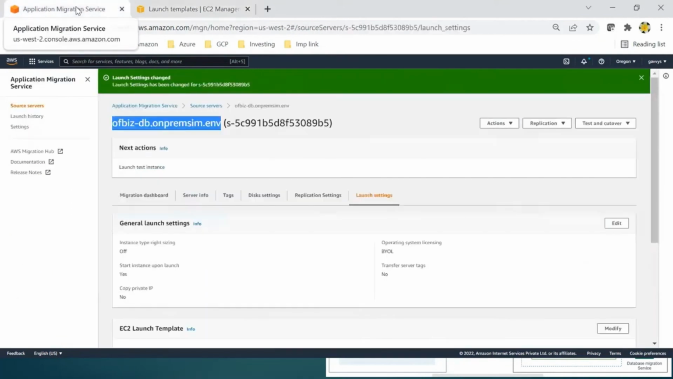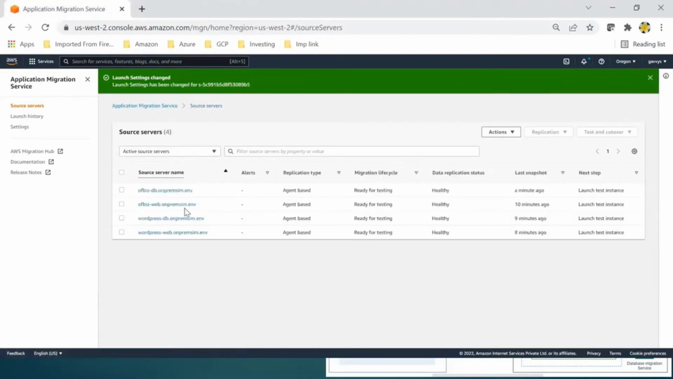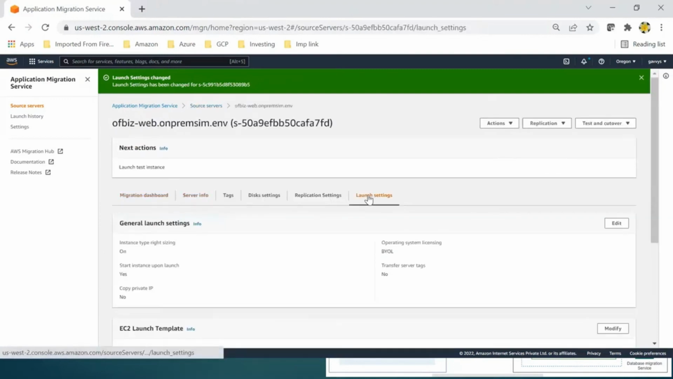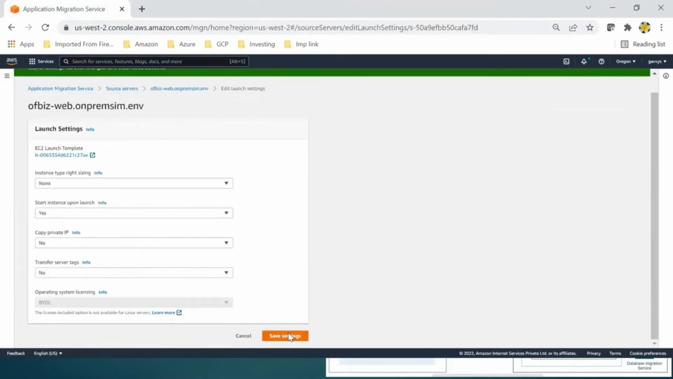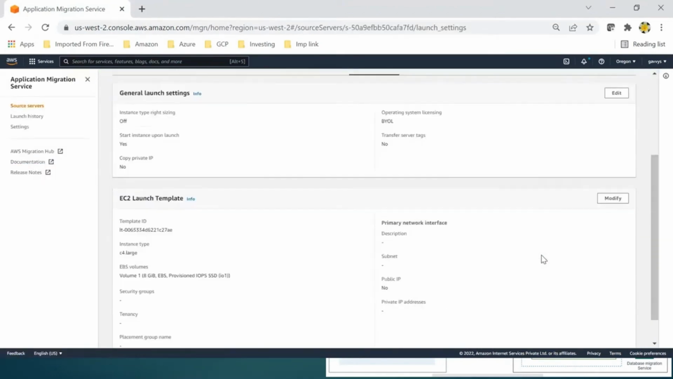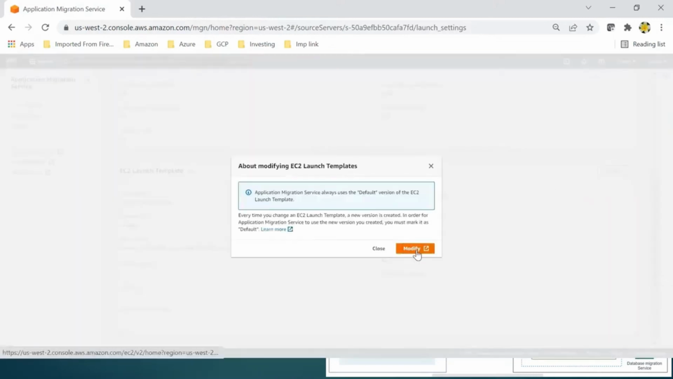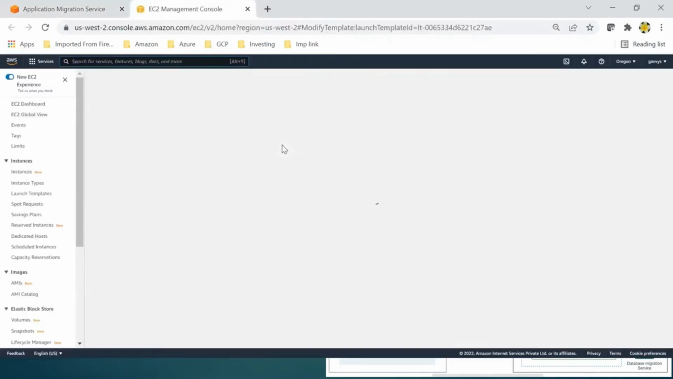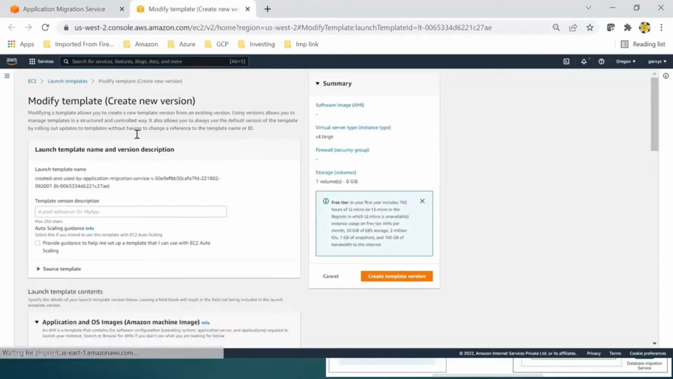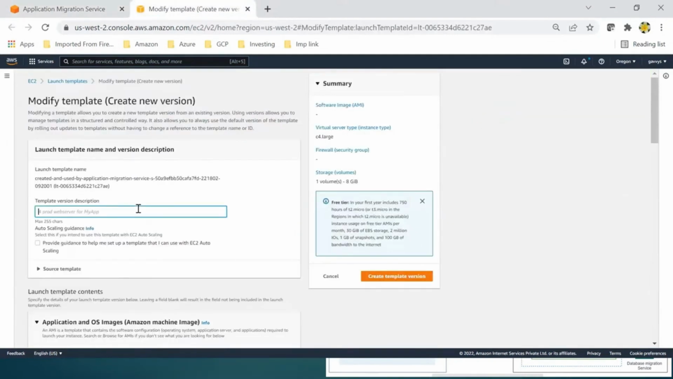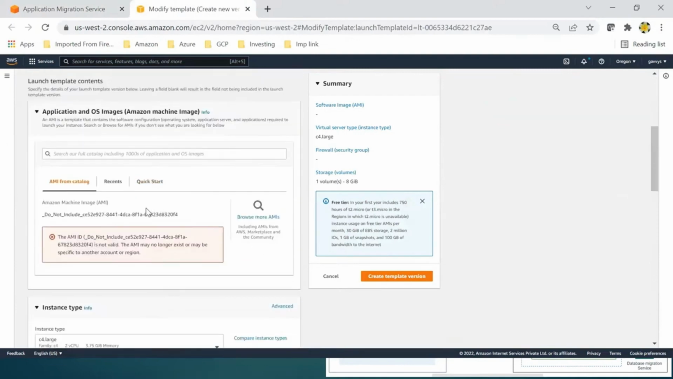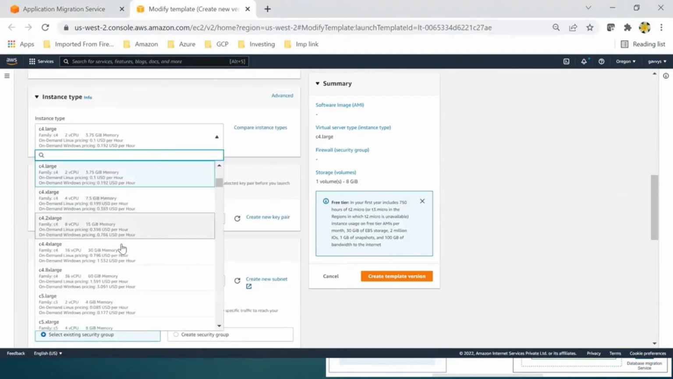So similarly for other instances also, we have updated the launch template for this server. If we select this one, go to launch settings, let's edit this one to none, save settings, and edit, modify the EC2 instance, modify, and a new window opens up. It goes to templates. So let's keep the name of that Office Web. Let's keep the template name this one, and select C5 large,